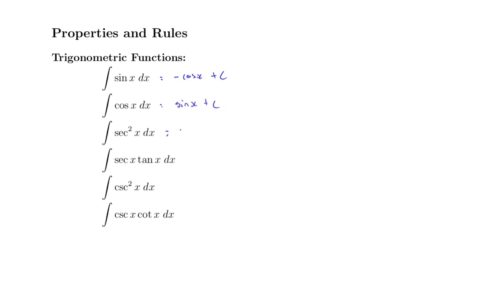We'll notice that secant squared is the derivative of tangent x. Secant x tangent x is the derivative of secant x. And then you'll notice that this is almost the derivative of cotangent x, but the derivative of cotangent x is negative cosecant squared x. So we'll say this is negative cotangent x. And then similarly, we'll have negative cosecant x plus c. You'll notice that right off the bat, we